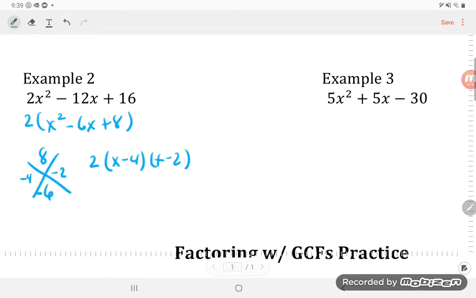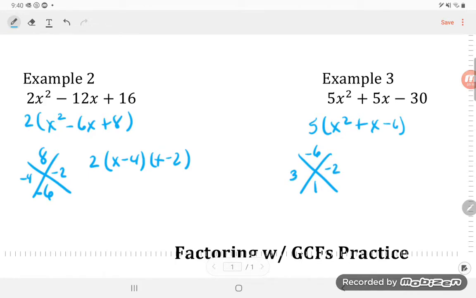For example 3, the GCF is 5. We're left with x squared plus x minus 6. When we draw the x, in the top of the x is our -6 because that's AC, of course, and in the bottom is b, which in this case is only 1 because there's an understood 1 in front of the x. Two numbers that multiply to give me the -6 and add to give me a +1 are +3